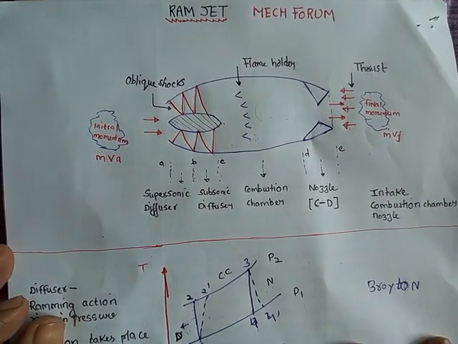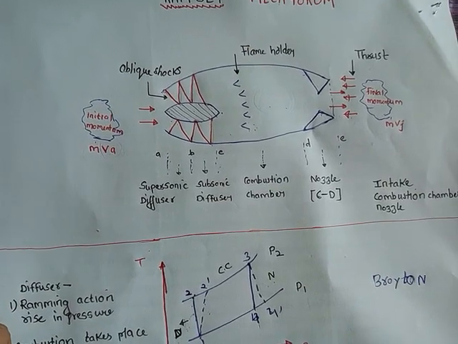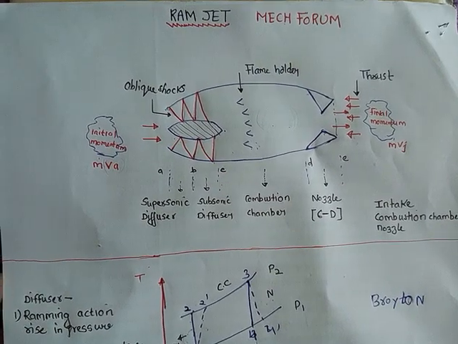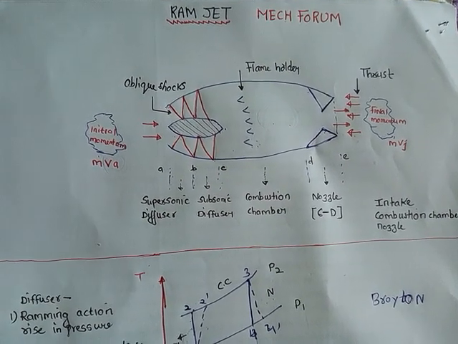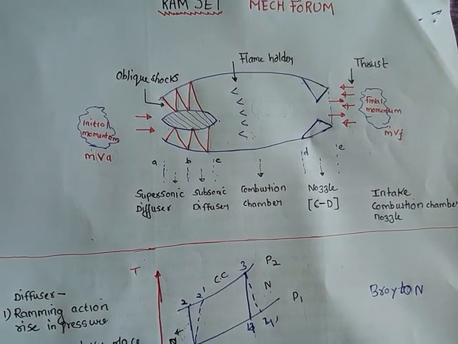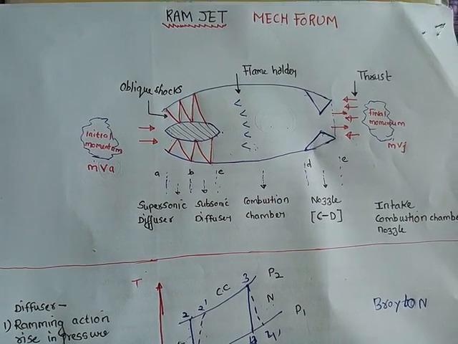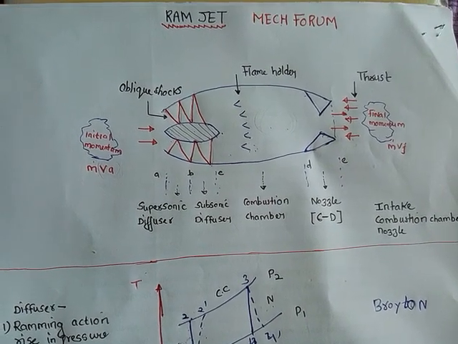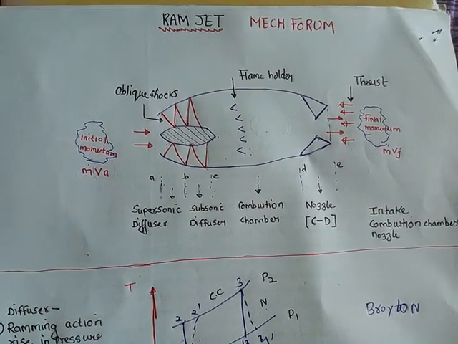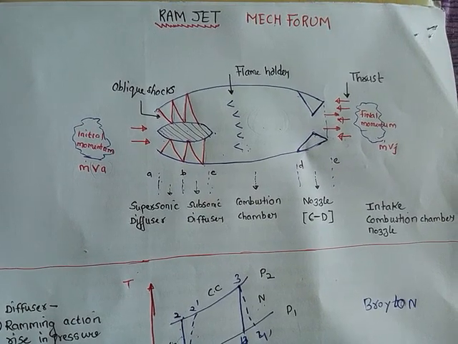As far as the mechanical aspect is concerned, we have to take into consideration the construction and the working of a ramjet, and in the case of the thermodynamic aspect, we have to see the working cycle of a ramjet. Now, the basic idea of jet propulsion is nothing but a change in momentum. Due to the change between the initial momentum and the final momentum, we get a thrust in the direction so as to make our jet engine propel.